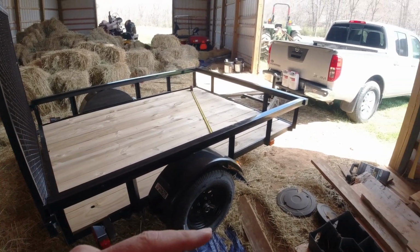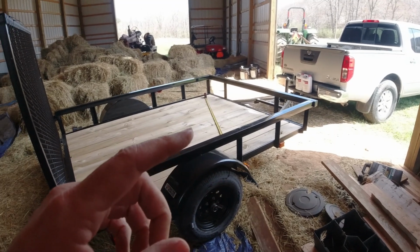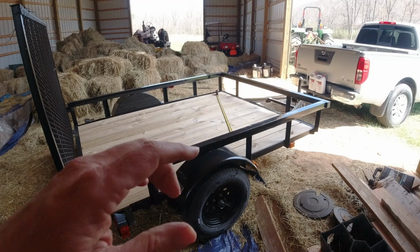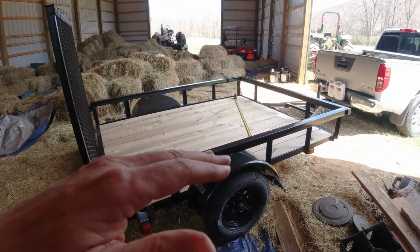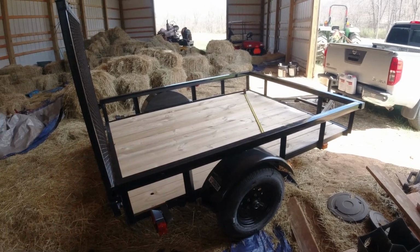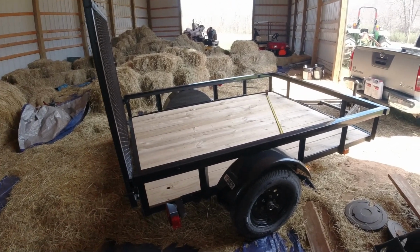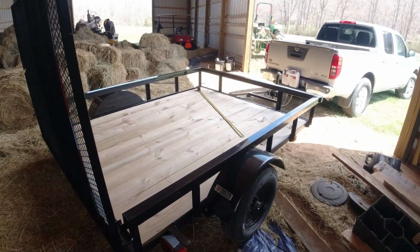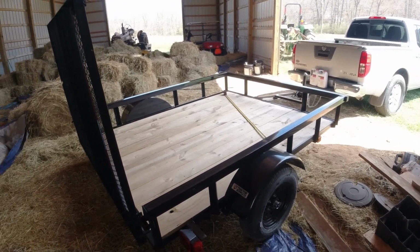Now, in fairness to my other trailer, you load it down with firewood, oak firewood, it rides like a dream. You put a ton of fertilizer on it, which I do, it rides like a dream. No issues at all. So this trailer won't see that kind of duty. We'll probably haul some firewood on it, but